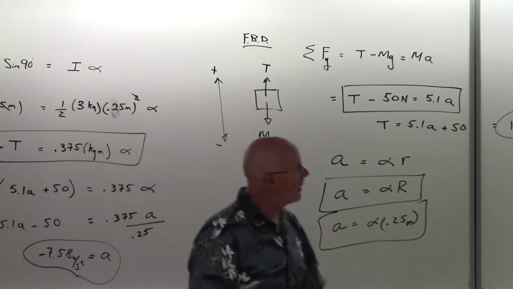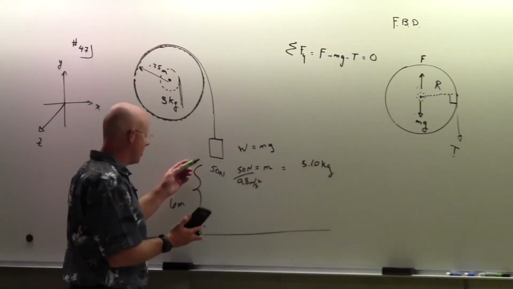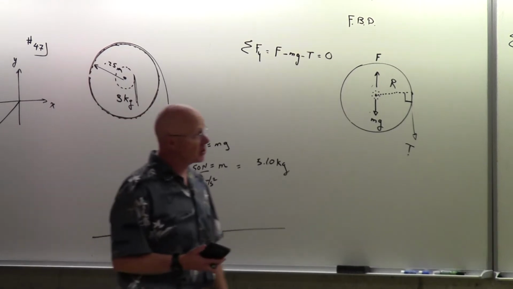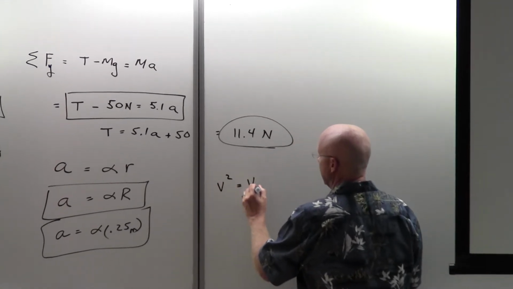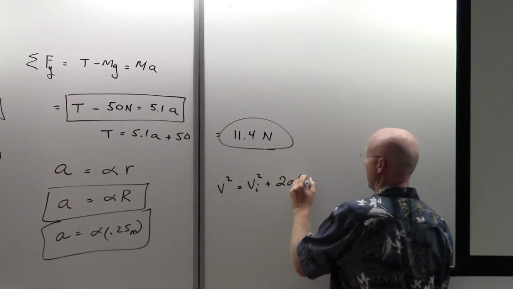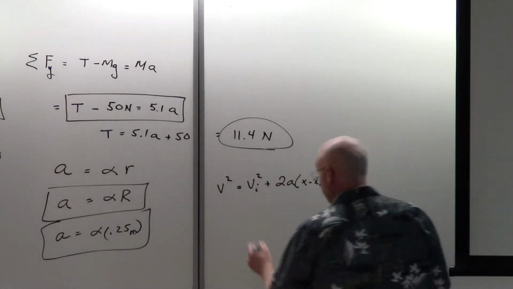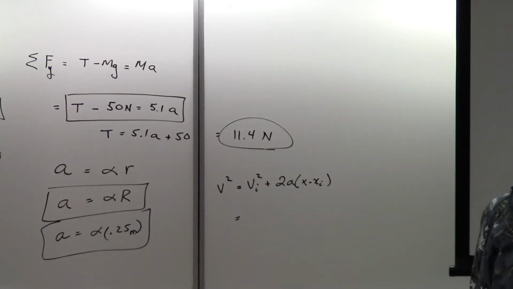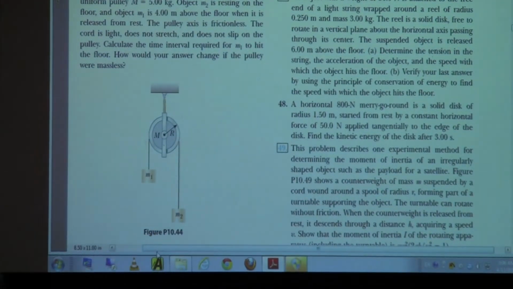And then, what was the third part of this question? Or what is the speed of it? Well, the speed of it, we know it goes down 6 meters, and we know its acceleration. So why don't I use the straight translational kinematics equation of that second object, which is going in a straight line. And so I think it starts from rest. Did they make that clear? Well, it says released 6 meters above the floor. I'm going to think that they're trying to tell me that we start it from rest,